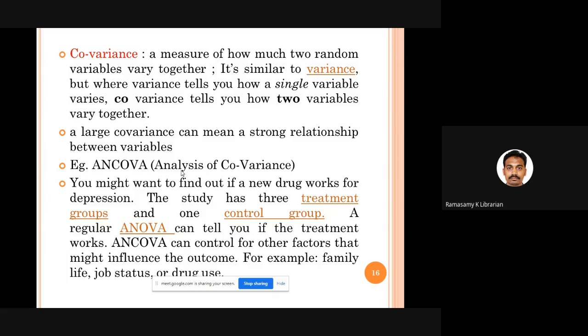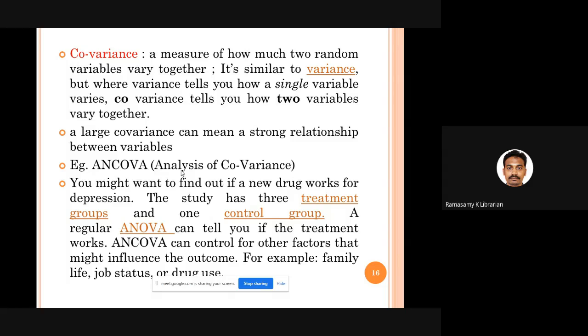If you want to find out whether there is any difference among these 3 groups of people, you can go for ANOVA, no problem. But if you want to apply the principle of local control, that is, you want to control the effect of other variables, for example, you want to study the impact of a specific new drug, a new medicine, on the depression level of people.